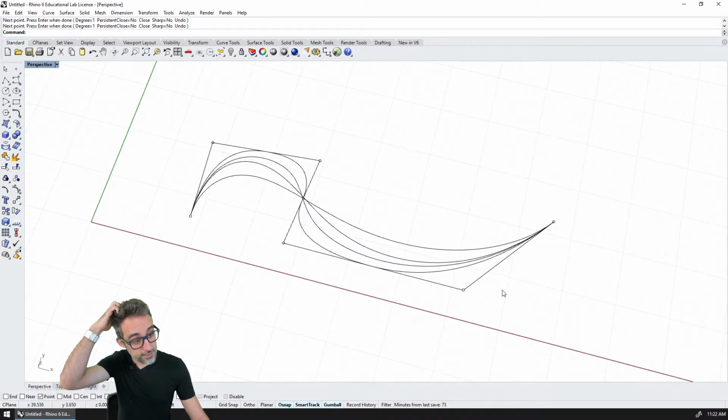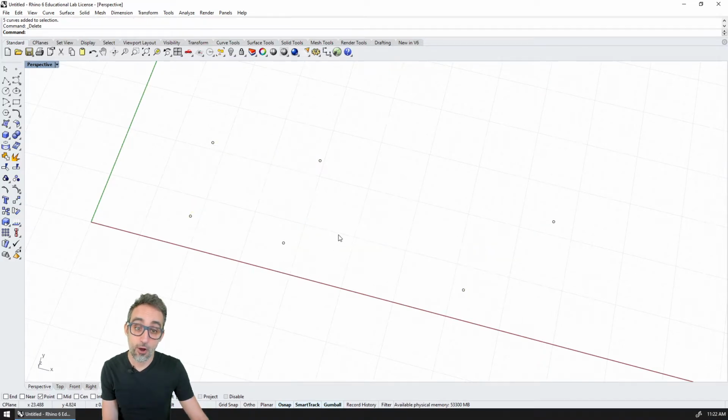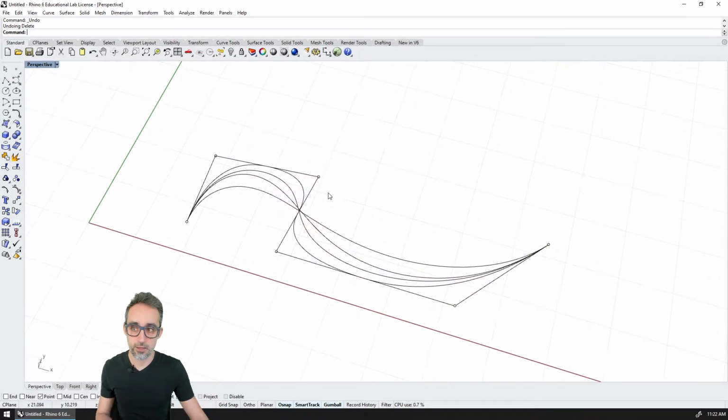Awesome. And now on top of this, there are actually other ways you can create curves. So for example, there is a very popular way of creating curves, NURBS geometry in Rhino, which is through interpolated points. What does that mean?